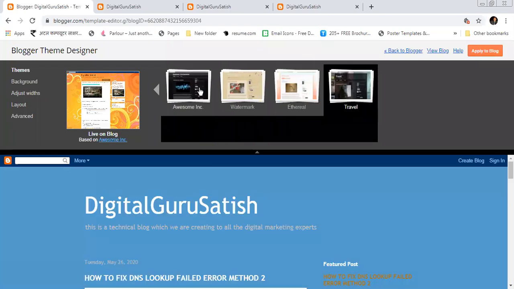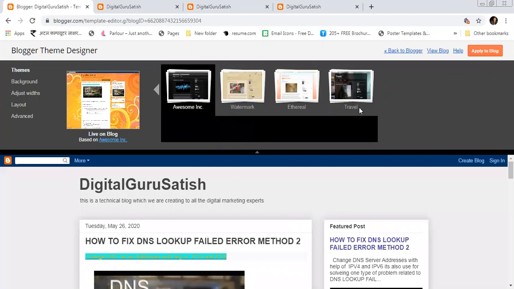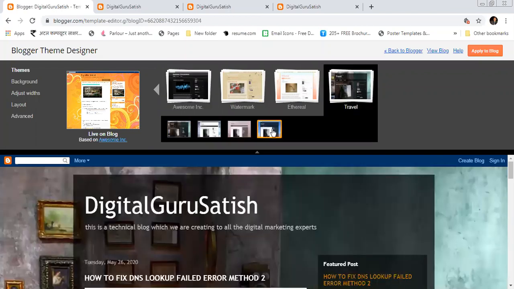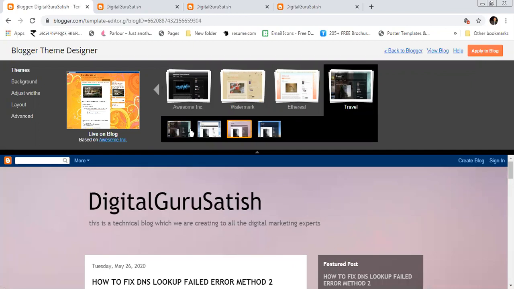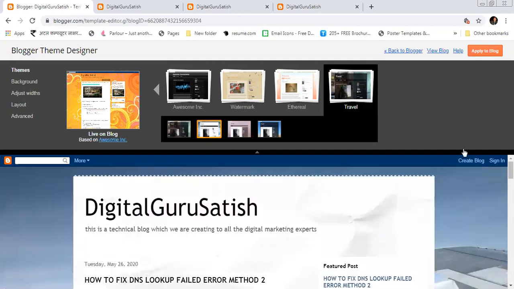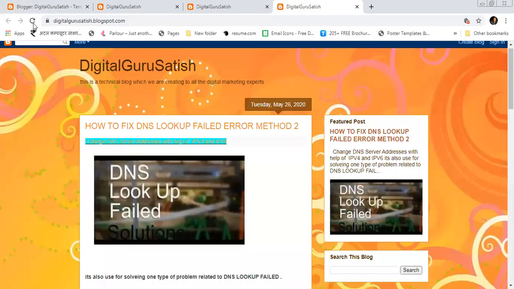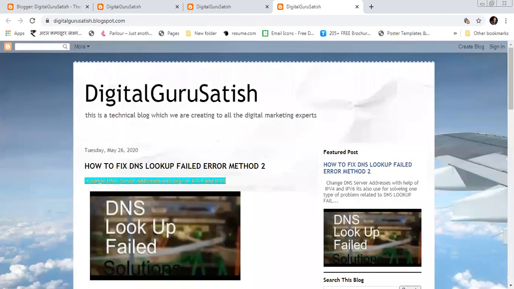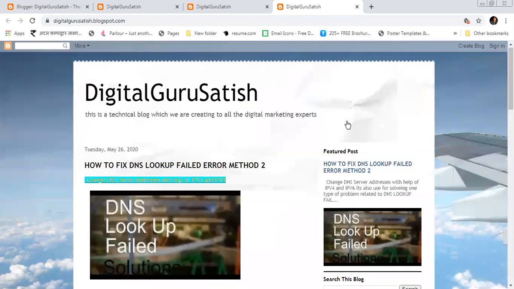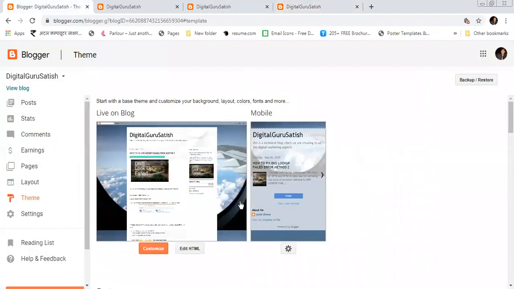Not so simple. This is good. For now, this is good. I'm applying this on my blog, and I'm going back to my Blogger dashboard and refreshing my page. And here you can see your blog with the sidebar section. And in your mobile view, it will look like this.